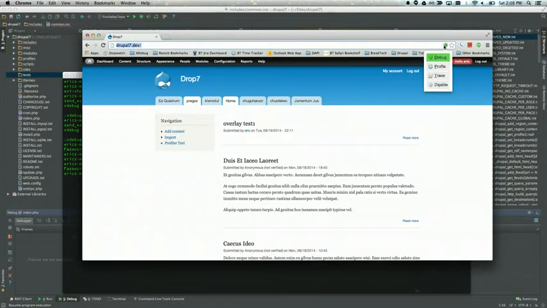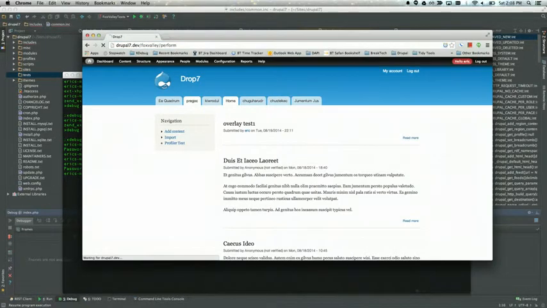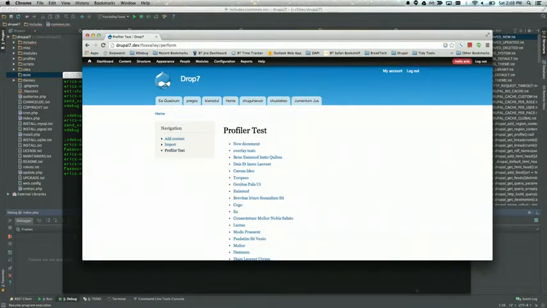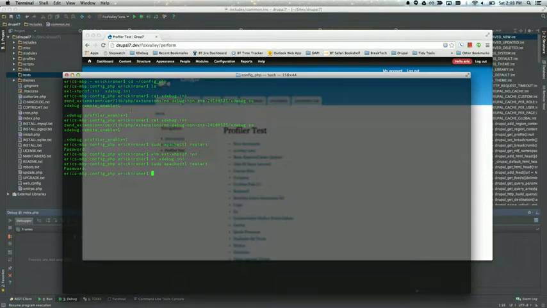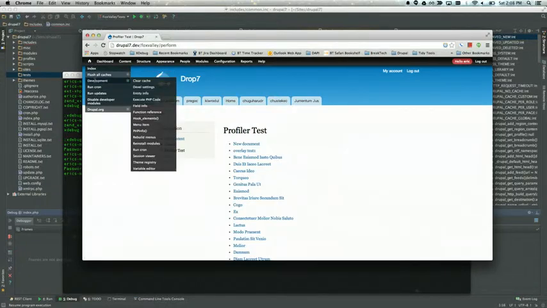And now here I'm going to say profile. Let me go to a web page set up specifically for this purpose. And we wait. That took a really long time to load. Actually, I want to show something real quick here, so you know why I'm going to the places I'm going to.